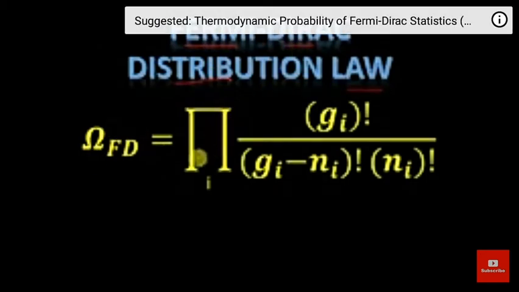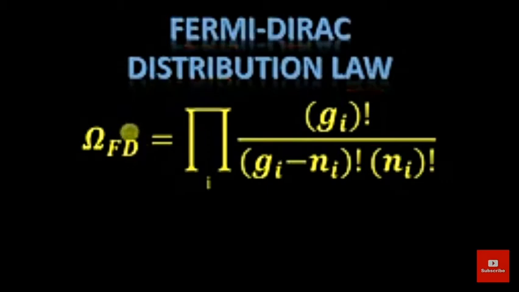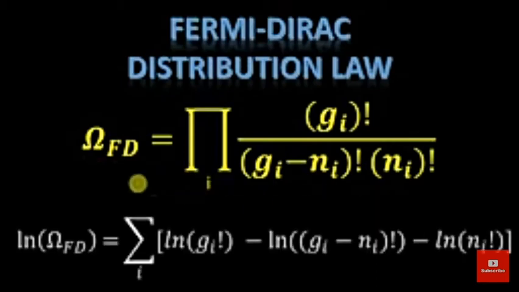We will do this as we did in the Bose-Einstein and Maxwell-Boltzmann distribution laws. So let us do that now as we did before. We will take its logarithm, then apply the Stirling approximation. After that we will take the derivative and use the method of Lagrange multipliers, put that equal to 0 to get our answer. So let us take the logarithm.